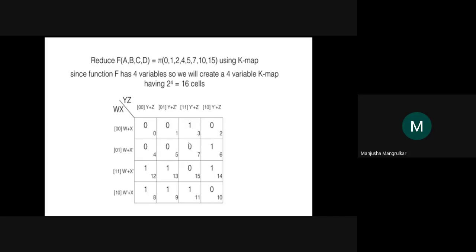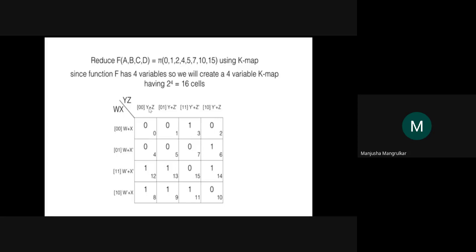Now these two can form a pair of 2, right? Now these two 0s are left, and this is also forming a pair of 2, right? So now what will be the answer of this pair? It is w plus x, with x complement changing. Now here, y plus z and y plus z complement, z is changed. What is constant? Y is constant here, w is constant. So for this pair, our answer is w plus x, right?